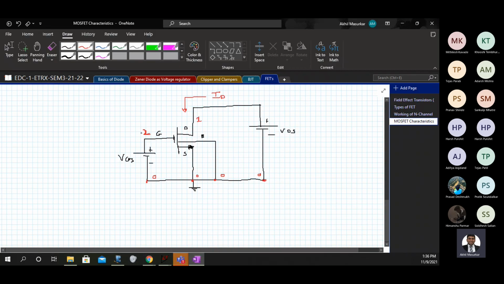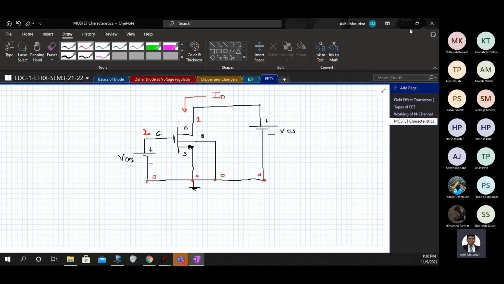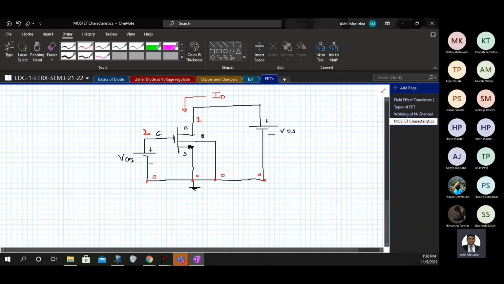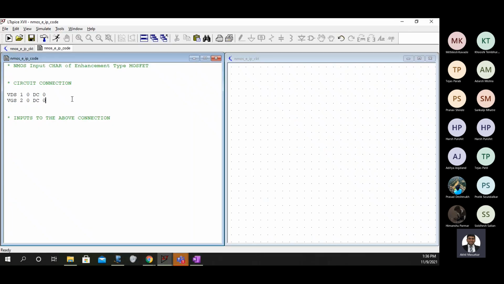So you can see here VGS is connected between 2 and 0, VDS is connected between 1 and 0. Now you can see that drain is connected to 1, gate is connected to 2, source and body are connected to ground. So here we will define a device and I will call it M1.